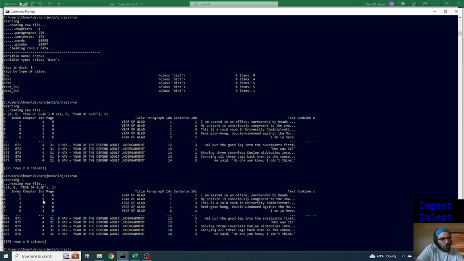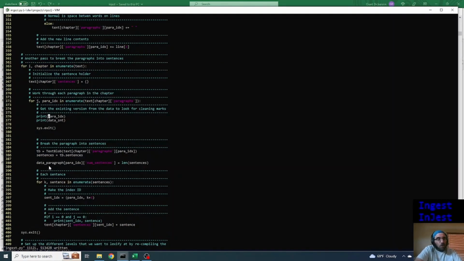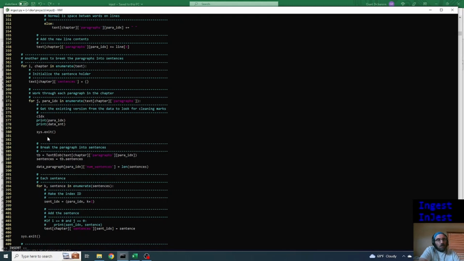Let's see, we want chapter index 1, paragraph index 1. So we want to grab that piece and that piece and use them on this and this. And then we want to cut it down to just that paragraph, because at this point we're inside a chapter, we're inside a paragraph. So we want CIDX equals para IDX 0, because the 3-piece thing is in the first position and it's in the 0 position